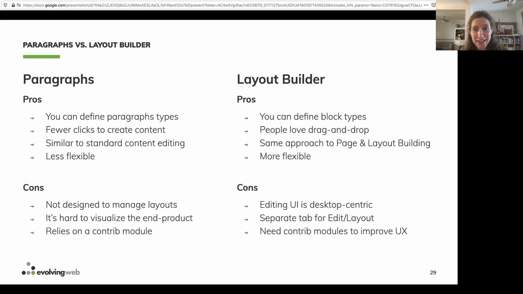Paragraphs has fewer clicks to create content. I know it seems like you might not notice the clicks, but if you watch somebody create the same thing in layout builder and paragraphs, you'll see that with layout builder there's more clicks. Paragraphs is similar to standard content editing, so it's going to be easier to learn, really, for people who know Drupal. And it's less flexible, which I put as a pro,